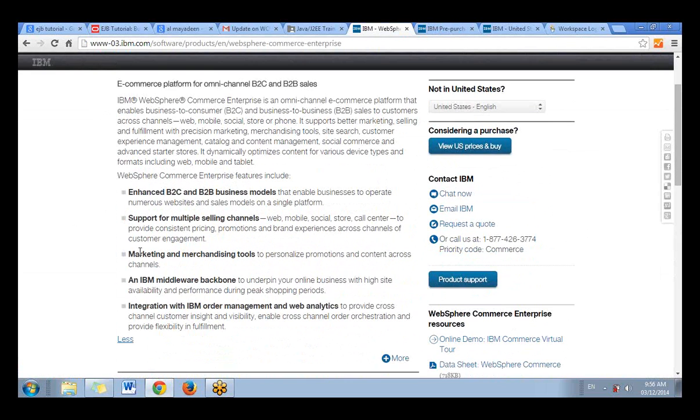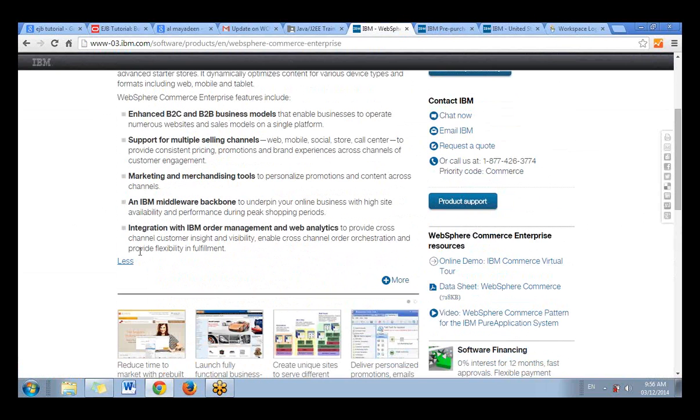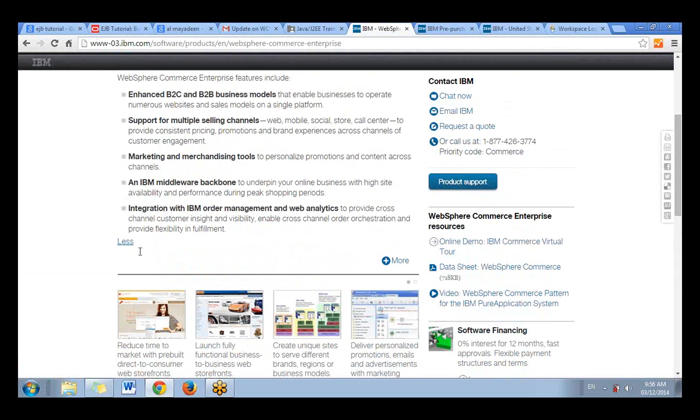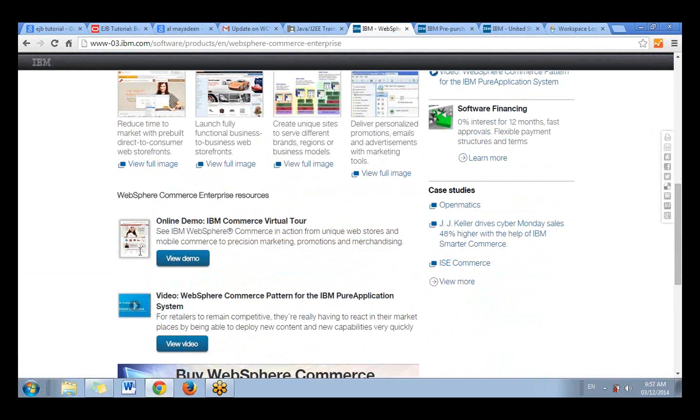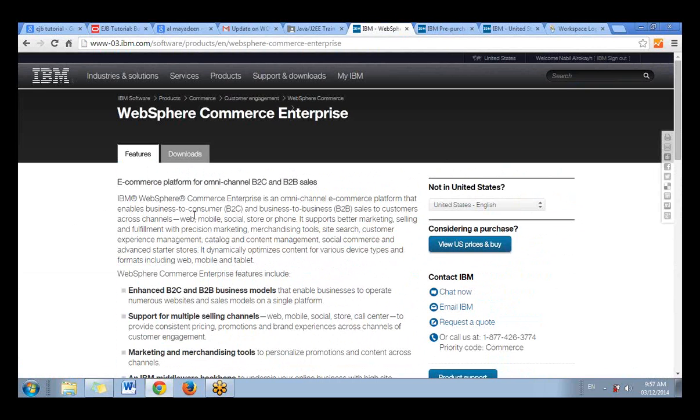Yeah, so maybe I don't have the full access to download that. Never mind. I will ask Sunny how we can get that. Alright, yeah. So you can just download this WebSphere Commerce Enterprise, and once you have downloaded it, I'll help you